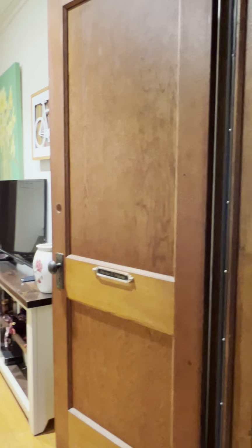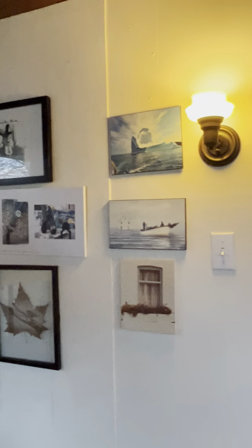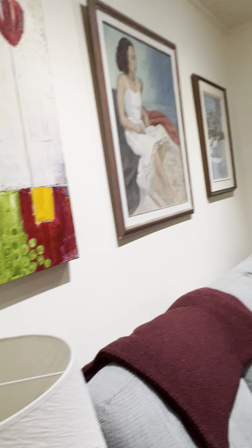Oh, there you are. Cute little sconce light there. Sconce lighting does always make me worry about knob and tube. I'm not sure if 1940s would have that issue. There's wiring going down there, so I'm going to say probably not for this room. And also they did new wiring, plumbing, and new sump pump within the last 10 years, so hopefully all that